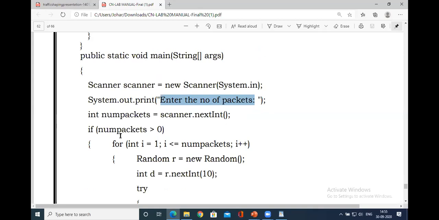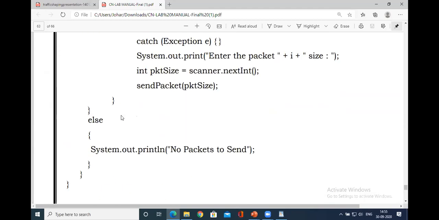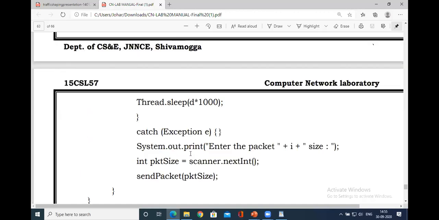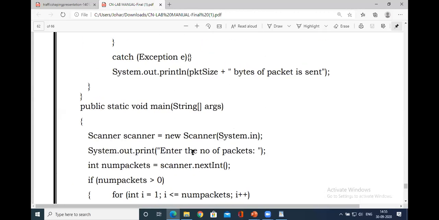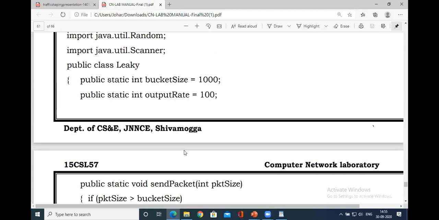So our program will work only if the number of packets is greater than 0. If you enter the number of packets to be sent as 0, no packets are sent. So it should be at least 1. Minimum 1 packet has to be sent. So in our case, we have taken number of packets to be sent as 3.